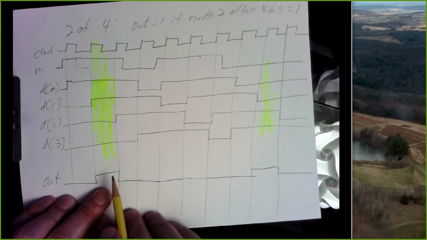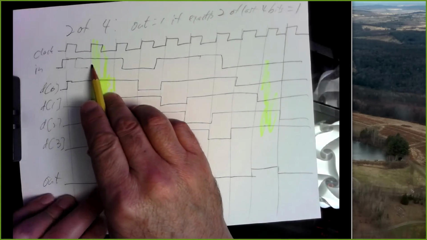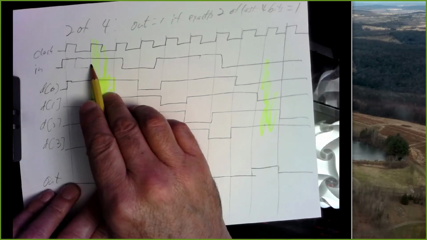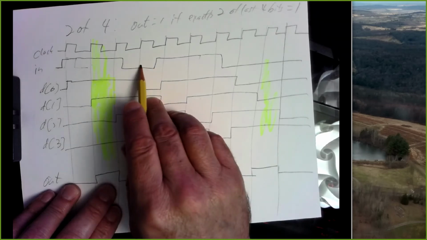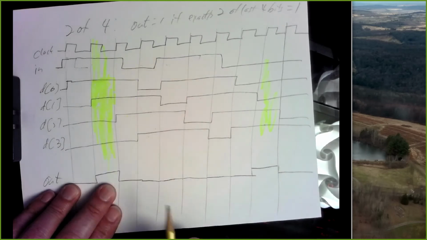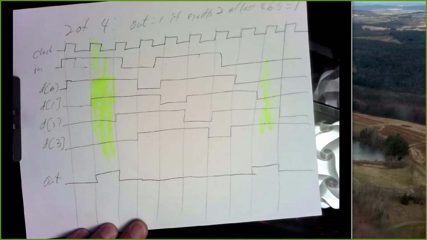So this is reflecting the fact that on this clock tick, I had an input of 1. On this clock tick, I had an input of 1. That was 2 out of 4. At this clock tick, I've seen 3 events. That's the 4th one, and then my input is 1 again, and so I'm still going to have seen 3,